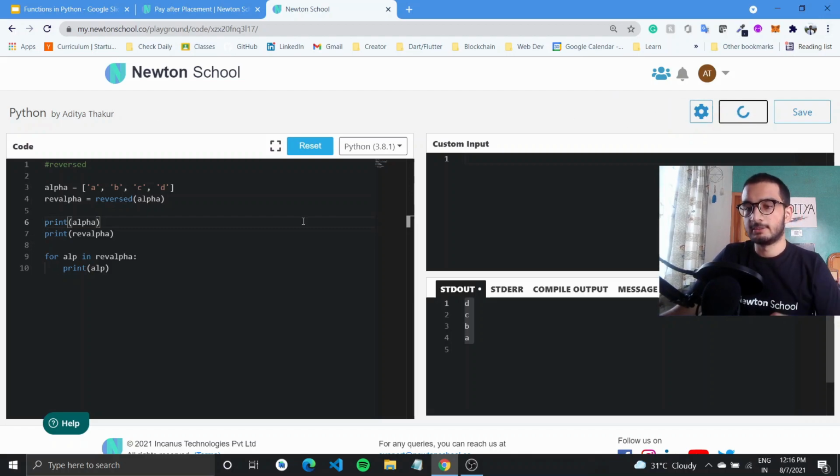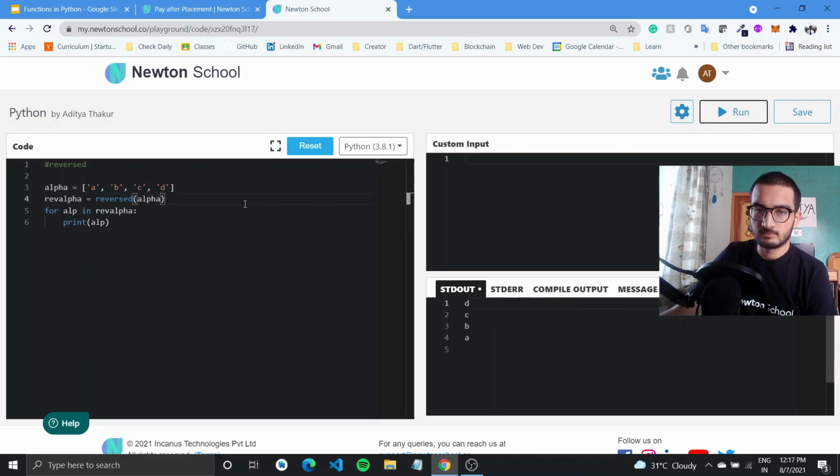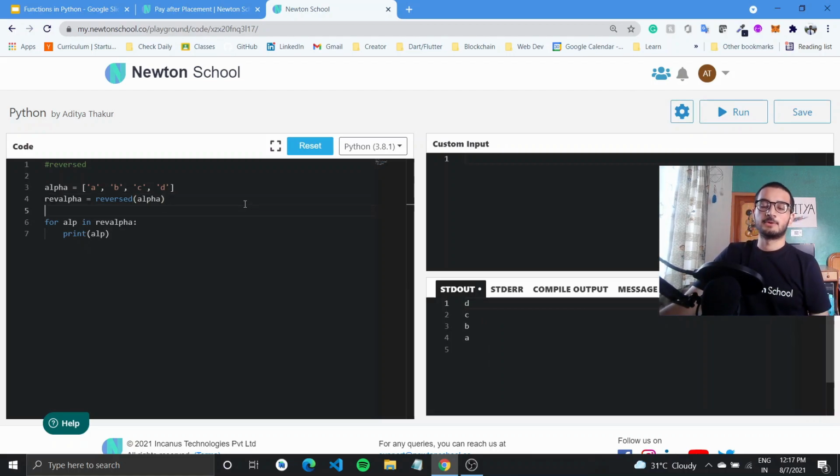Okay, let's try running this once. So what happens is we have this list called alpha, which has A, B, C and D in order, but we can use the reversed function to reverse a sequence or list, and we have saved it to reverse alpha list. So for each alphabet in this reverse alpha list, we are printing out the alpha, and